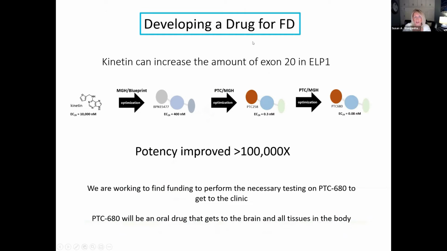So in addition to many other studies we have going on, we have worked with our starting molecule, which was kinetin that you've been hearing about. We found this, I think, in 2004 or 2005. It's a natural compound, but kinetin wasn't a good drug, as I've told you about many years. And so we worked through funding with the NIH to improve kinetin, which we did significantly, which brought us to this compound. And then we formed a partnership with PTC Therapeutics, and we developed 2 additional compounds, and we now have potency that's improved over 100,000 times.